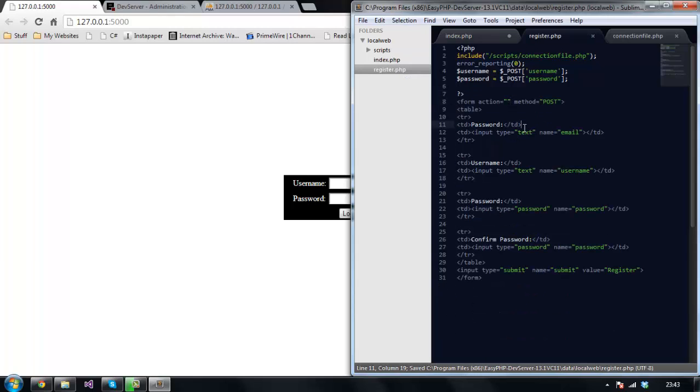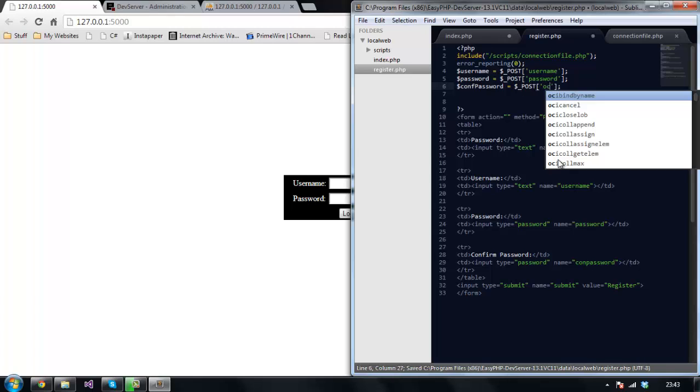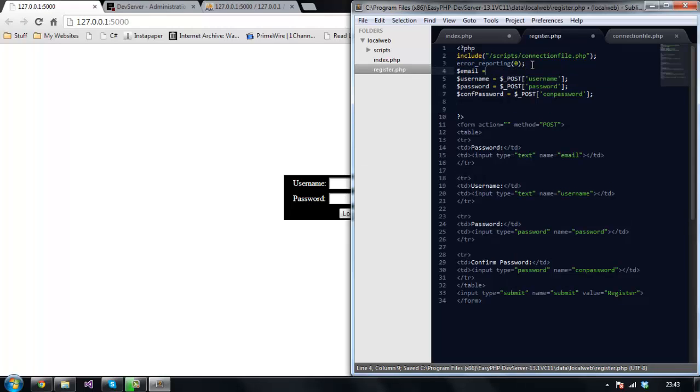But now we need to do the registration side. So first we need to do user, pass, conf pass equal, and then change that to conf pass or con pass. An email. Right now,